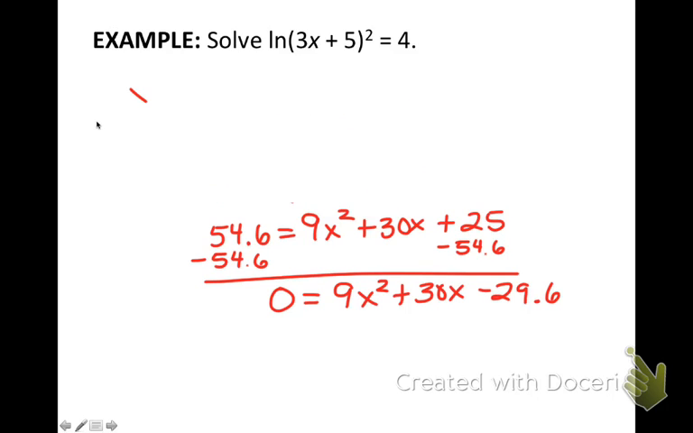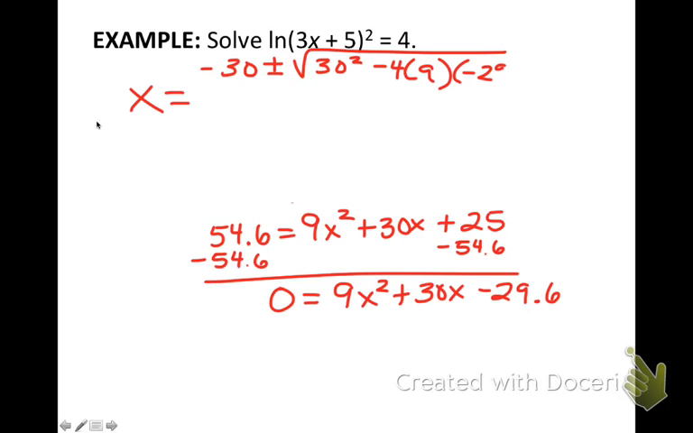X equals negative b plus or minus radical b squared minus 4ac all over 2a. Because there's a decimal here, we're not going to be able to simplify this radical. So I'm just going to type this whole square root thing into my calculator in one shot: the square root of 30 squared minus 4 times 9 times negative 29.6. And I get